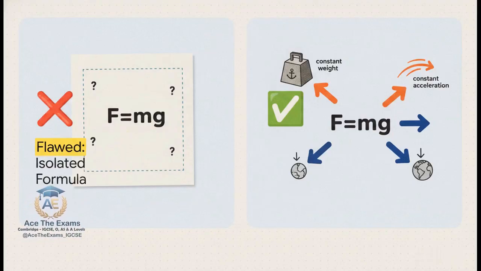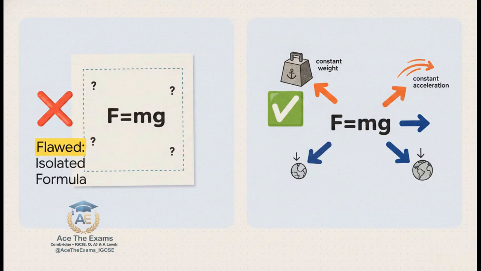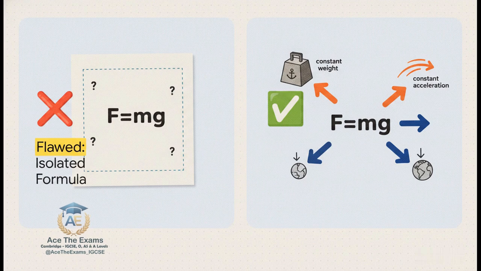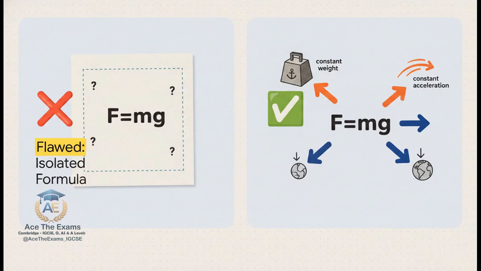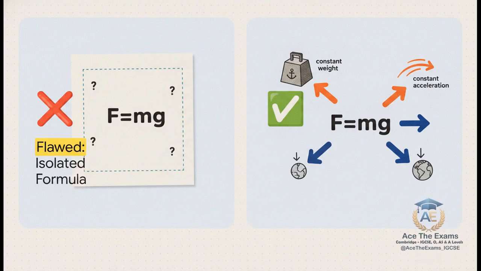Check this out to see what I mean. Imagine a flawed approach where a student just writes down F equals mg and entirely stops. Absolutely zero explanation. Well, the examiner literally cannot award high marks for that because you haven't shown any actual understanding. Now, contrast that with a top-band approach. Here, you use F equals mg to actively explain that because the object's weight, meaning the gravitational force, is constant, it therefore causes a constant acceleration, assuming the mass remains constant too. You are brilliantly linking the equation directly back to physical reality. That is the examiner clue I promised you earlier. Always, always link the raw formula to the actual physical behavior.